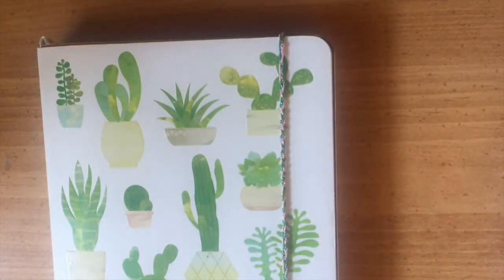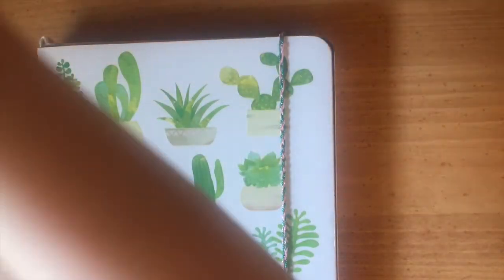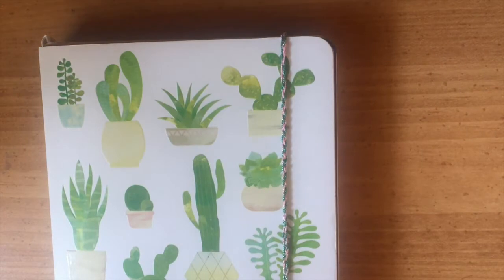I'm not sure I've gotten my point across, but it's a personal pet peeve with this journal, and especially since I only realized it less than a quarter of the way in. So it's a little bit disappointing that I'm going to have to make it through the rest of this book before I can use my fountain pens again, because I don't really use them for any non-journaling purpose. I don't think I want to waste my fountain pens at school, and personally I always feel a little bit pretentious having my fountain pens around for practical things like that. I don't know, that's just...